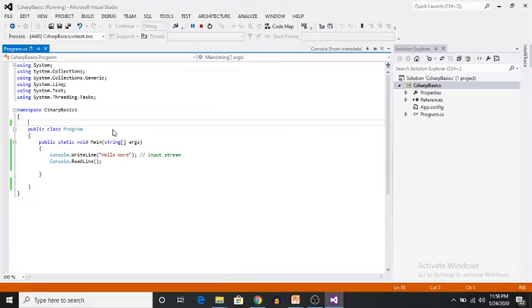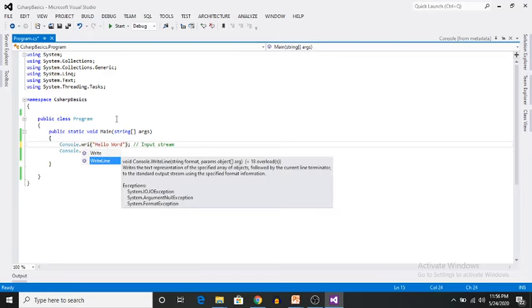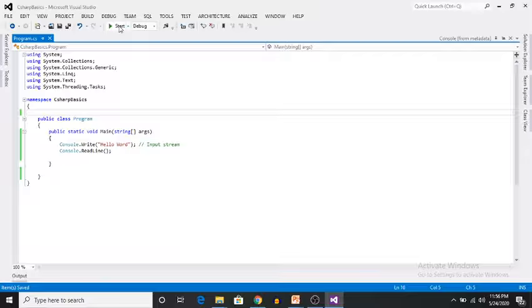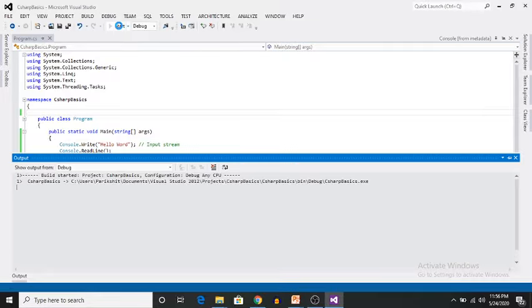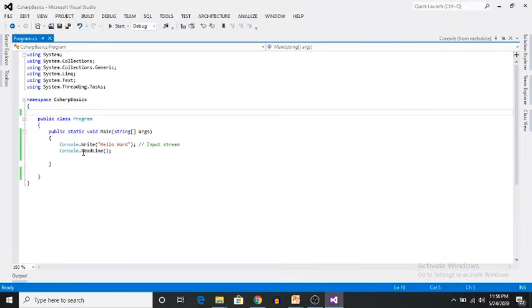What I need to do is make use of Console.Write. With Console.Write, the cursor remains on the same line. If you want to move your cursor to the next line, you need to use Console.WriteLine. If you want to keep your cursor on the same line, you need to use the Console.Write method. Write and WriteLine are methods of your Console class which belongs to your System namespace.